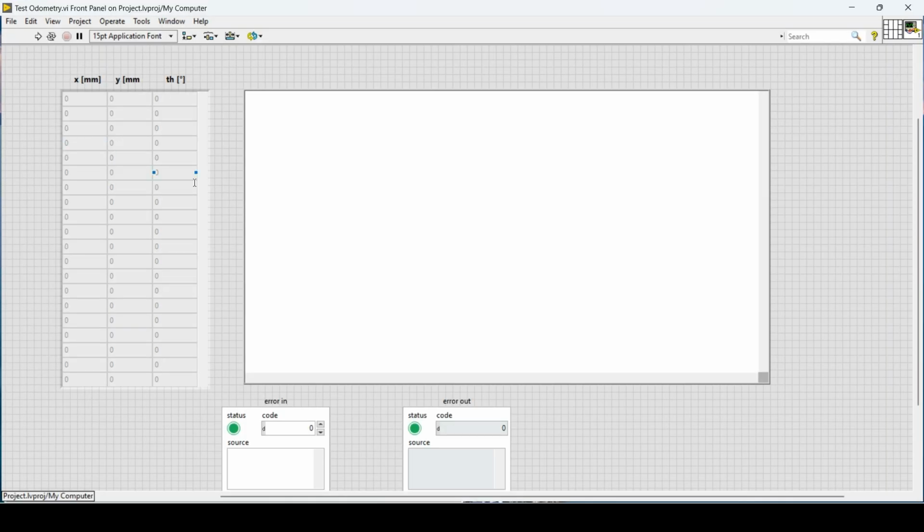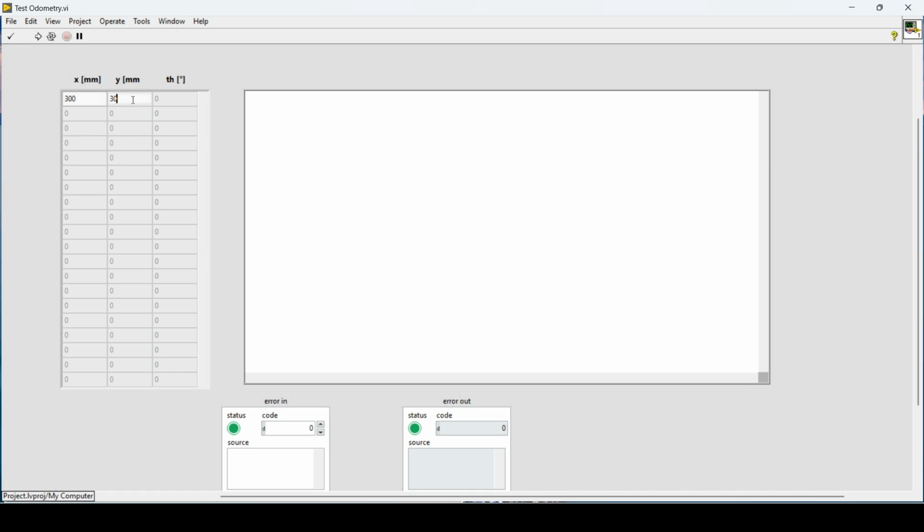We have here this other guy. So this one, the idea is to create a path of movements. So let's say I want my robot to do these movements here. So 600, 1000, 1100, and then